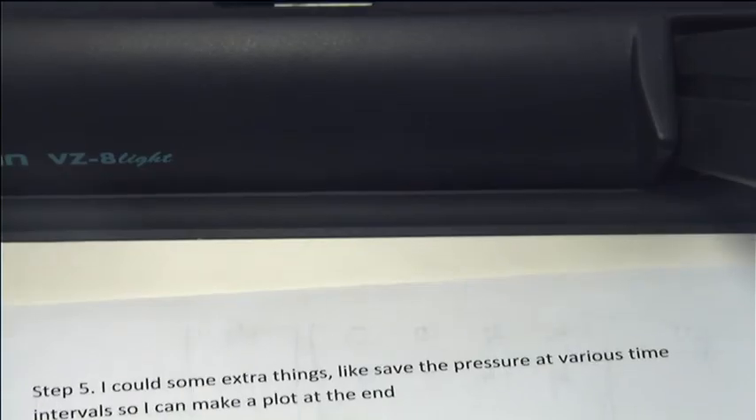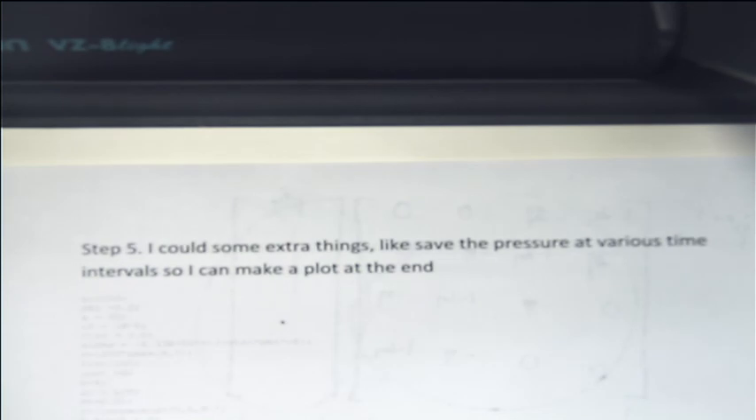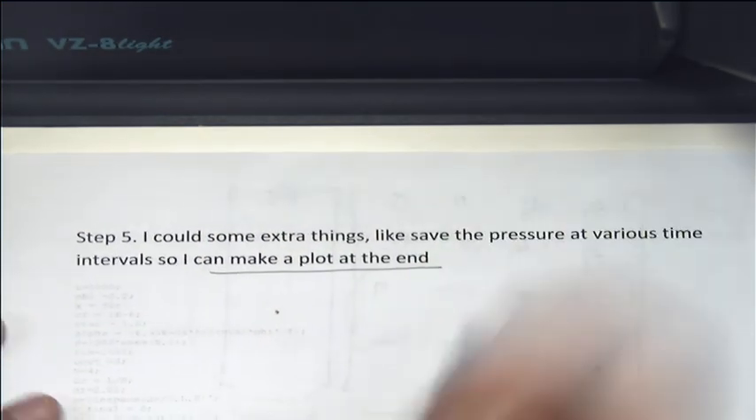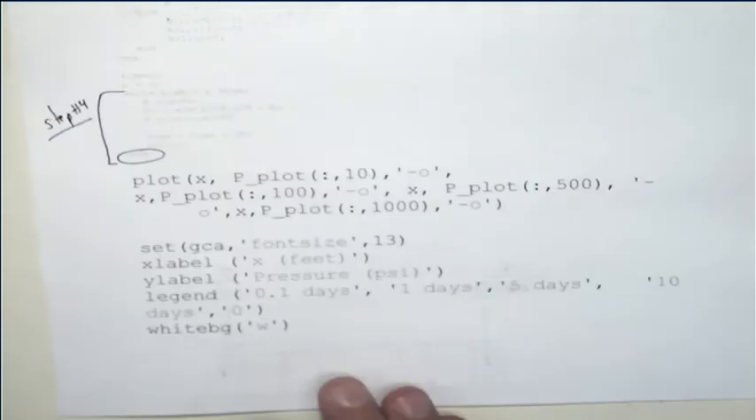Okay, and then, I'm sorry. The last step is I could do some extra things. I could save the pressure at some time intervals. I actually did that in the last time step, so I can make a plot at the end. So what I did is at the end, after my loop, so this is that while loop we just did. This was step number 4 right there. But here what you see I've got highlighted